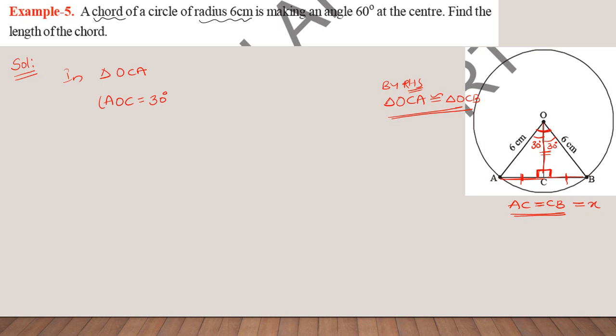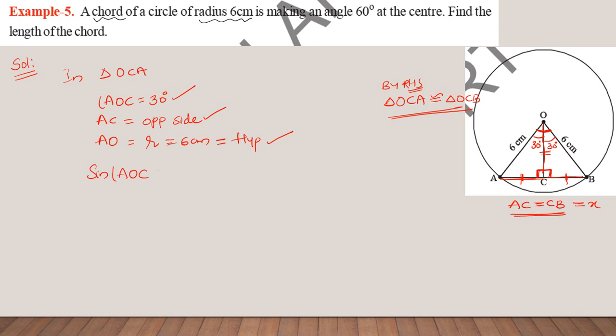Now based on this, AC is my opposite side, and AO is nothing but the radius, which is given as 6 centimeters. From the figure, in the triangle it is the hypotenuse. Now I need to find the opposite side. I know the hypotenuse and this angle, so opposite and hypotenuse, so which ratio? By the sine ratio, I can apply sine of angle